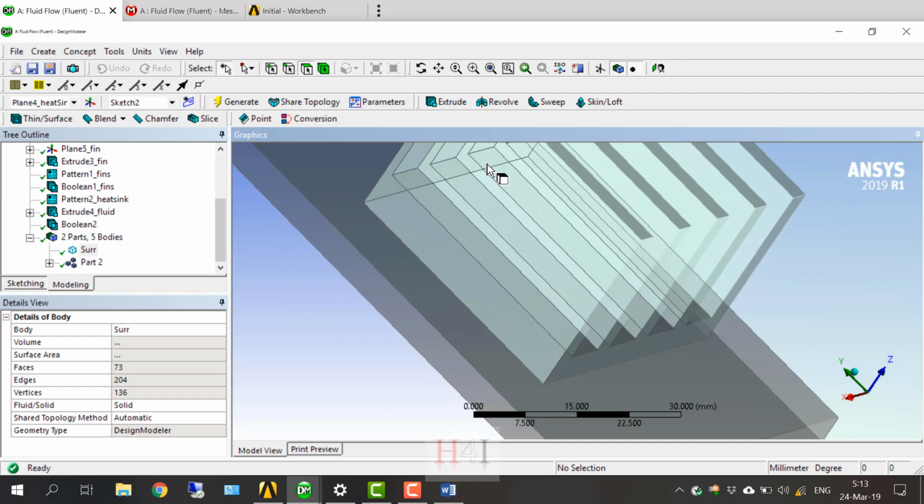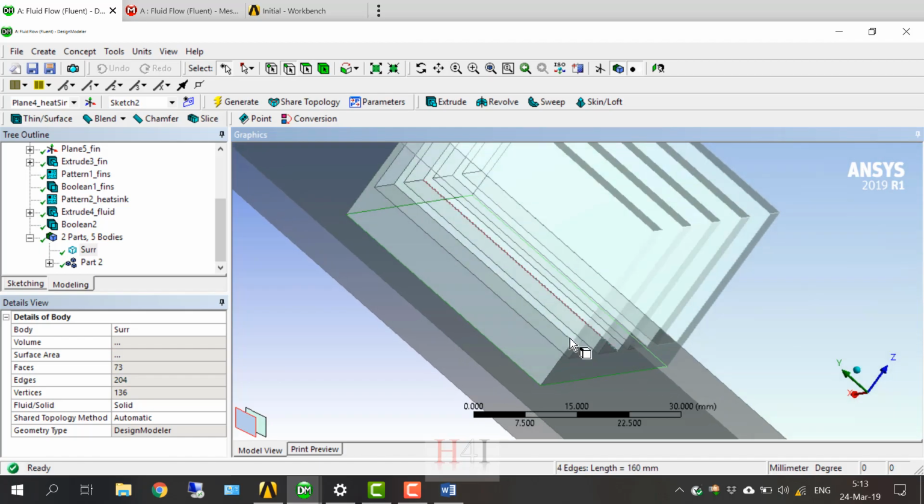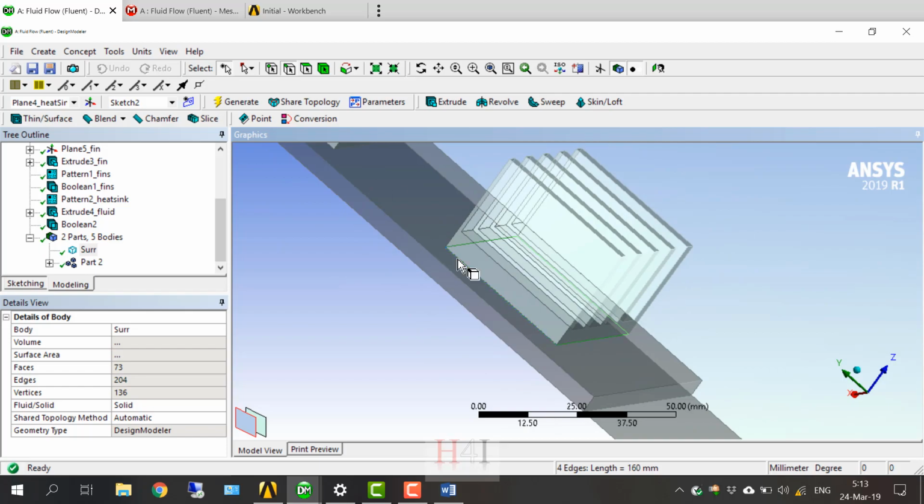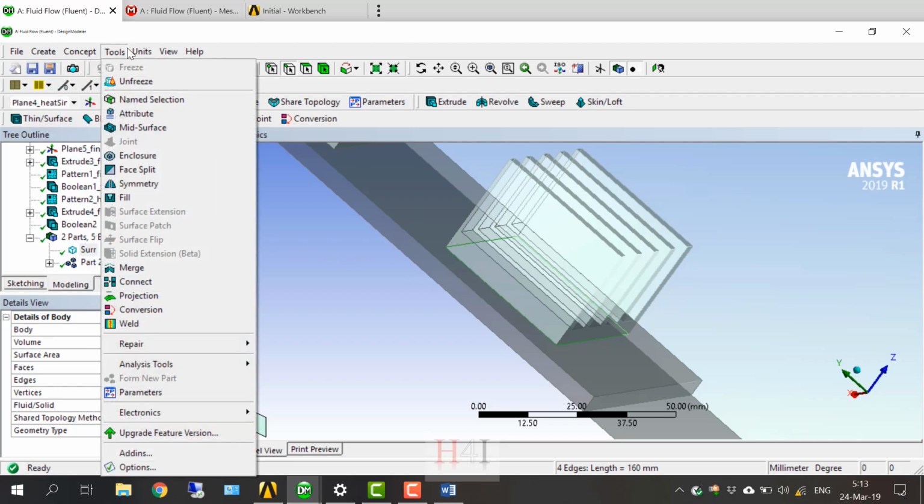As you can see here, these are the edges of the heat sink. The 4 edges of the heat sink. You can see them? The 4 edges which represent the base of the heat sink. I will imprint these edges on the surface, on the bottom surface of the heat spreader. Do you understand what I want to do? So create or tools